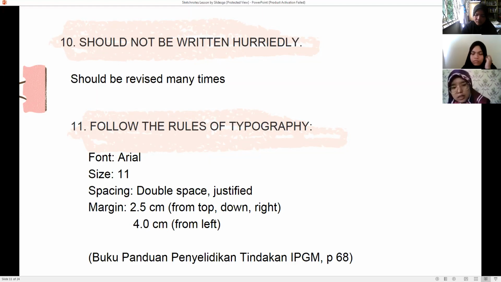But nowadays I think we use size 12, right? Because this one is not the newest. Okay, so that's all for the rules. Moving on to the next one.